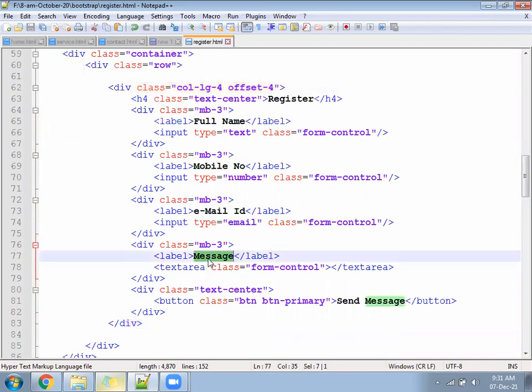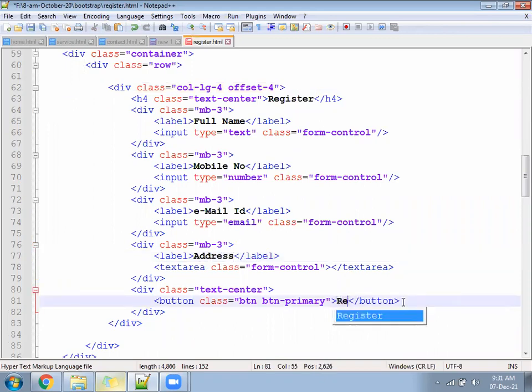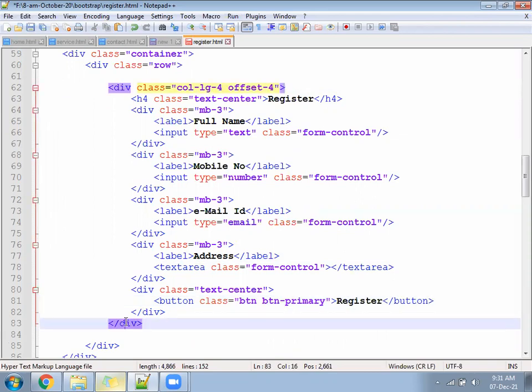Message you can convert into address, and the button send message convert into register. Simple. Once the design is ready, the same design will be available. So we will check now.